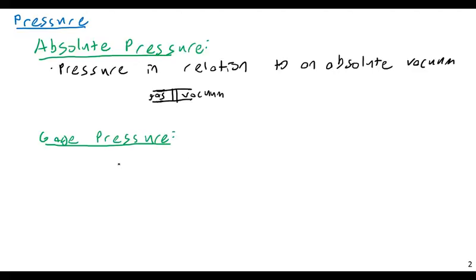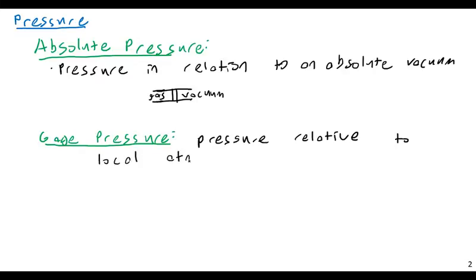Okay, then gauge pressure. It's pressure relative to local atmospheric pressure. Relative to local atmospheric pressure. Well, now I have a problem in that I need to actually define what the heck atmospheric pressure is. So consider a